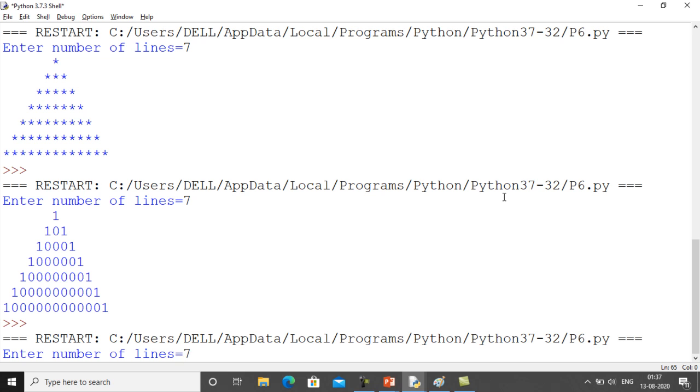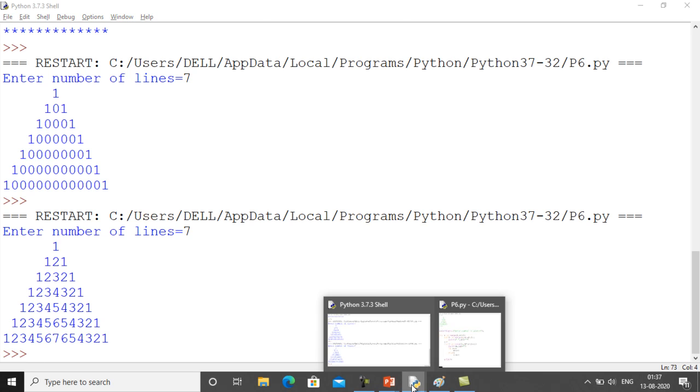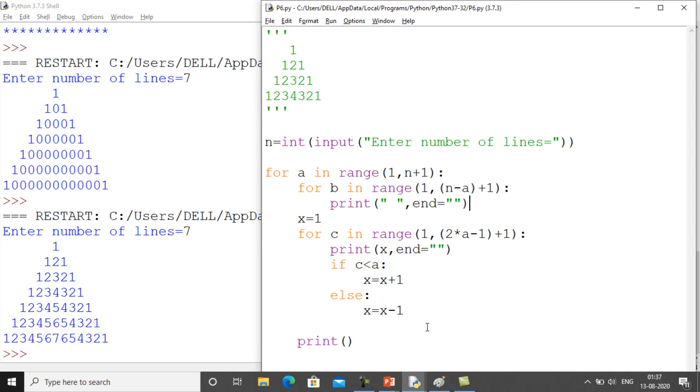सो नाउ इट आस्क मी अबाउट द नंबर ऑफ लाइंस। जैसे नंबर ऑफ लाइंस एंटर किए आप देख सकते हैं बिल्कुल उसी पैटर्न के अकॉर्डिंगली 1, 1 2 1, 1 2 3 2 1, 1 2 3 4 3 2 1, एज इट इज उसी पैटर्न के अकॉर्डिंगली हमारा कोड जनरेट हो गया। तो आप ये जो हमारा पैटर्न दे रखा है उसके लिए हमारा ये वाला कोड है, ठीक है जी। सो आई होप आपको इन कोड्स के बारे में थोड़ा समझ में आया होगा कि किस तरह से इन कोड्स को आपने परफॉर्म करना है, ठीक है।